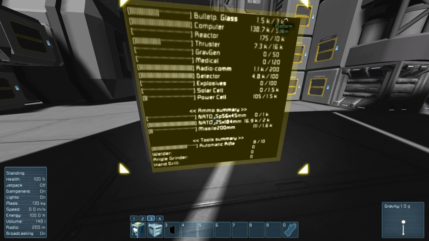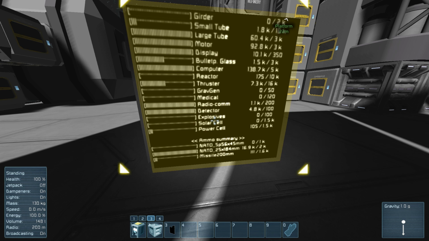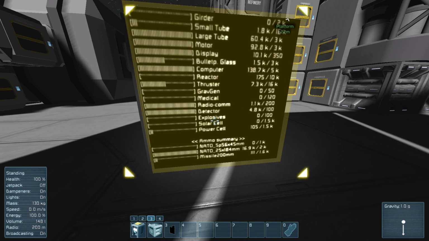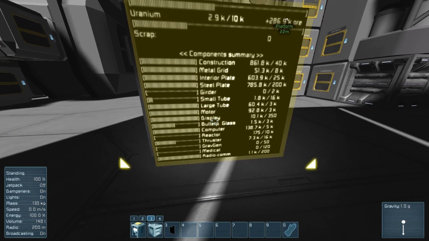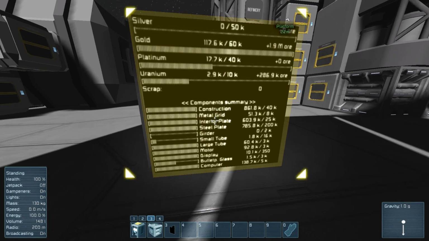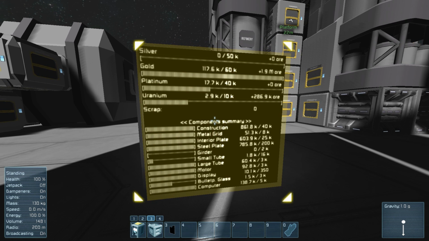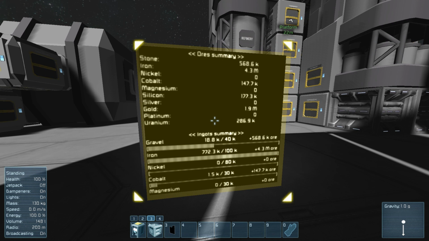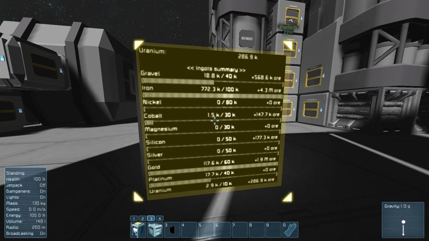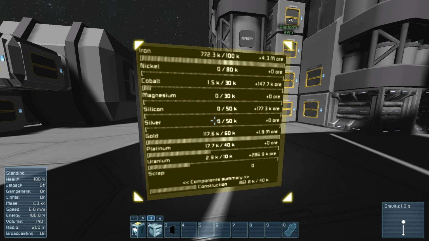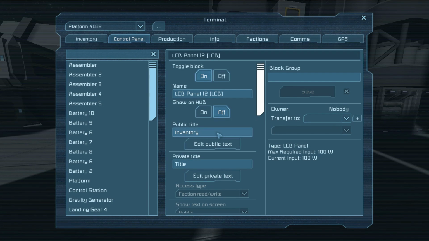It also has some default quota set, so you can see nice progress bars of how many items you have. As you can see, LCD is also scrolling very nicely. Most of the commands use first argument as name filter for blocks that should be considered by the command. So if we only want to show inventory of our small containers, we can specify name filter